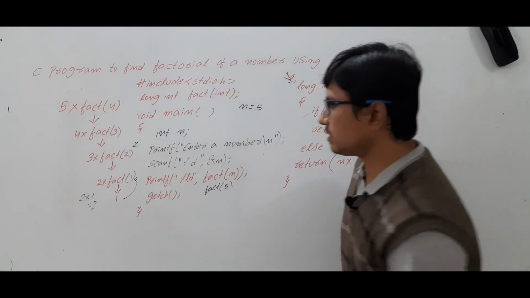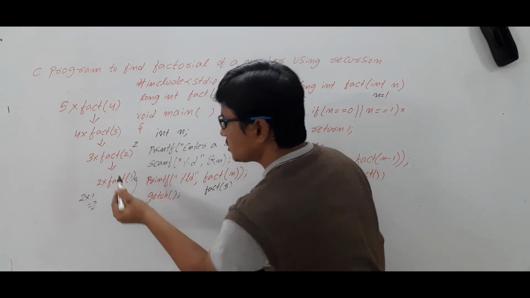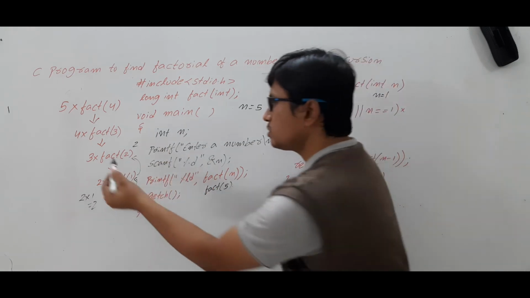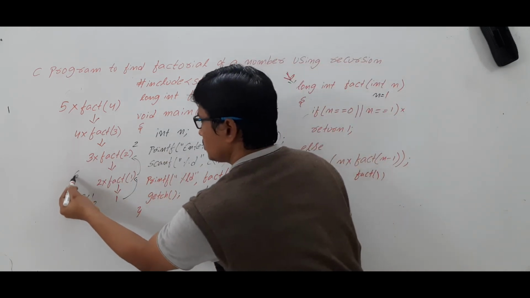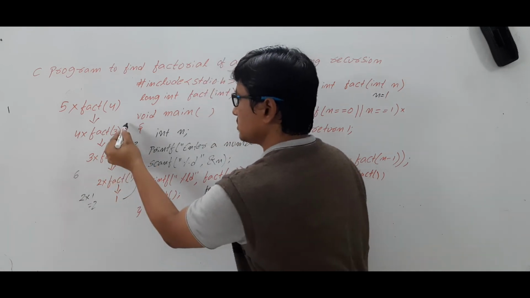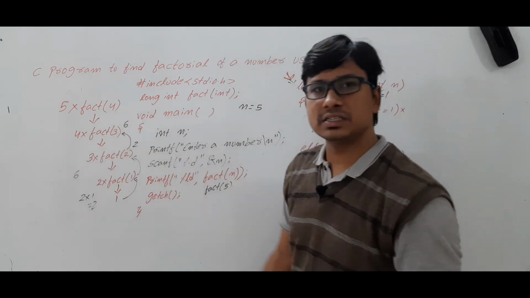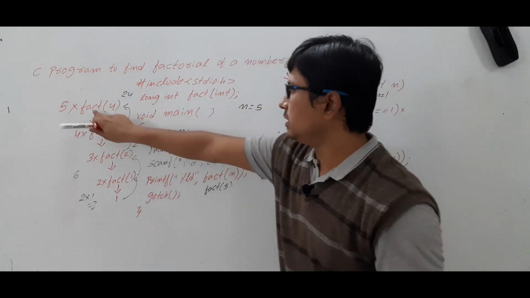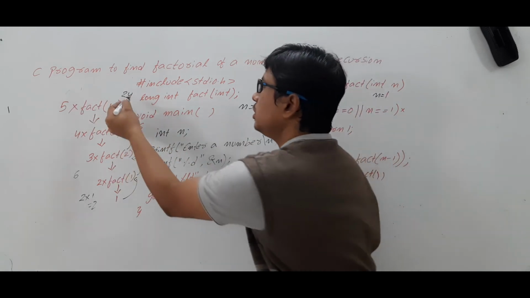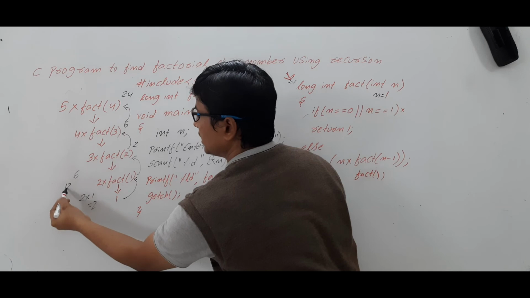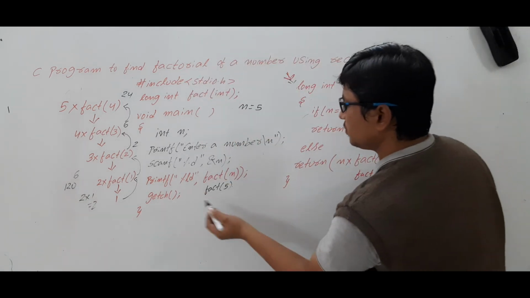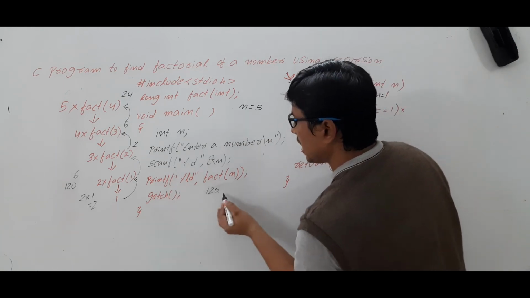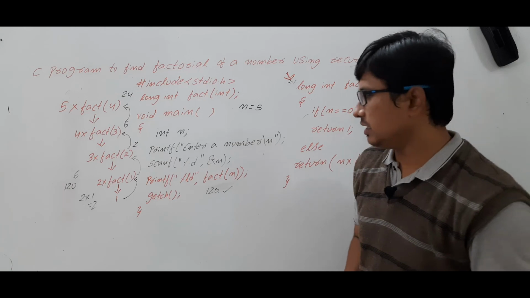Are you able to understand it or not? Because it is going here. Once it is computed 2 into 1, it will come here. Now it is returning the value 2. So 3 into 2, which is 6. So this function will return the value 6. Now 4 into 6, which is 24. So this function will return the value 24. So fact of 4 is nothing but 24. 24 into 5, which is 120. So this function fact of 5 is computing the value 120. That value you are displaying. Is it clear? Are you able to understand?